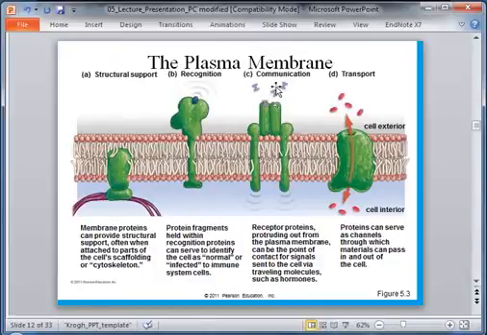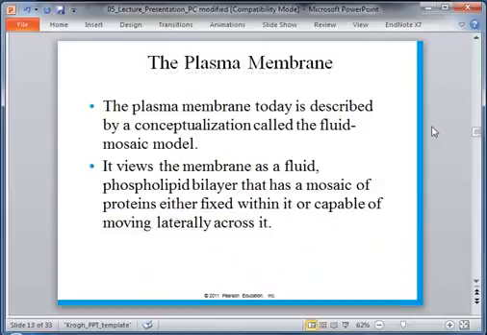So it can, let me rephrase that. It can receive signals from hormones, although we would create them inside the cell. I misspoke there. Proteins can serve as channels that things can pass through. And we'll talk about that in just a moment. Okay, so